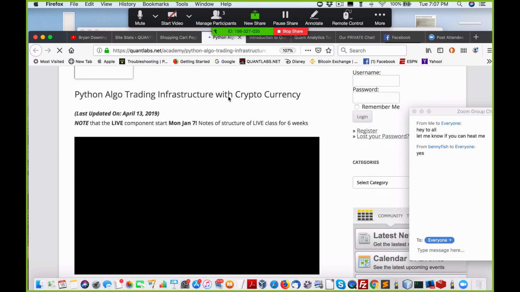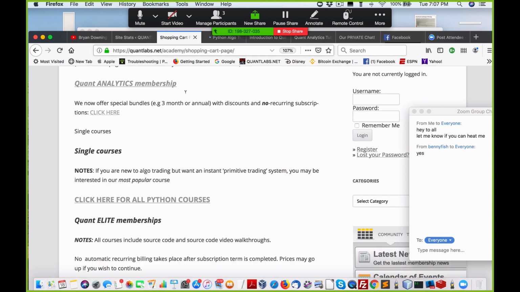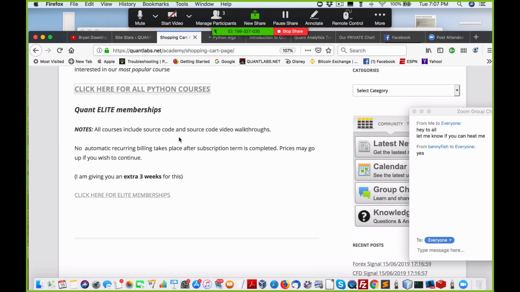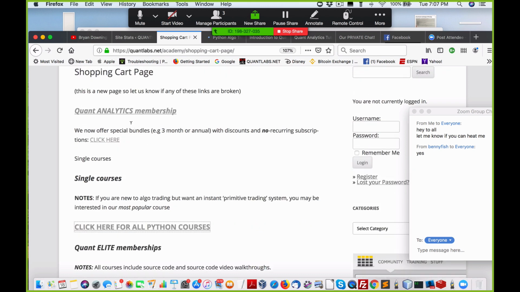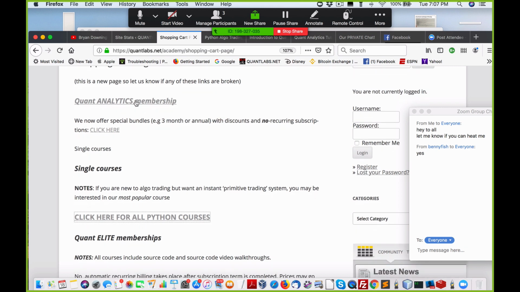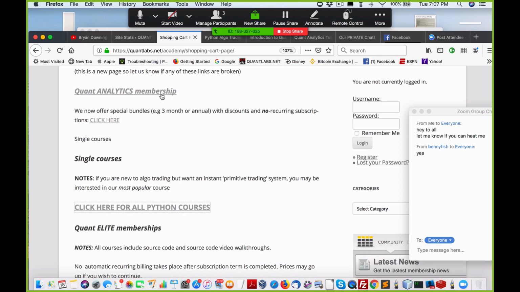So how it works and the pricing is we have the Quant Analytics. That's a monthly service. As I said, you can buy 3-month or a year package. It's all discounted. The lowest price right now is the monthly, and it's $47 a month right now. It's very cheap, but it will go up in the next few days. Actually, about 30. It's going to go from 47 to 67 a month, and then up to 97 a month. In here, I'll be adding in live signals